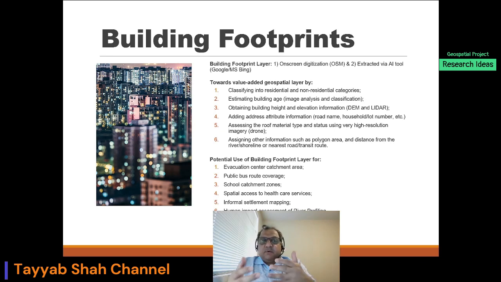You can see there are different ideas for the research. So within the one layer, which is the building footprints, you can conduct a number of research projects